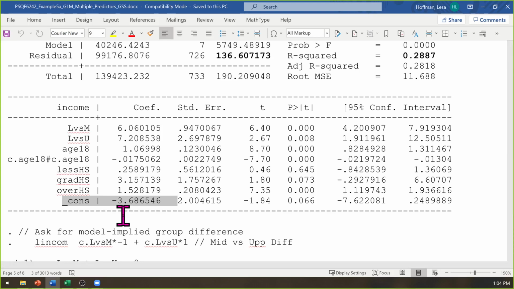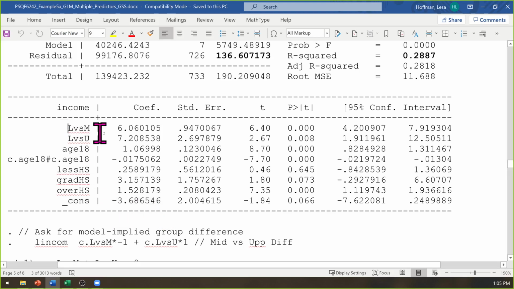Does that strike you as odd? That you can make negative $3,700? Yeah, that can happen. Remind yourself the intercept is conditional on predictors being 0. It is an 18-year-old with an 11th grade education who put themselves in the lower class. That type of person may not exist in the data in that combination. So even though we've done our best to make the predictors interpretable, in combination you may not see all of those align. But that is what the model says as our "you are here" sign.